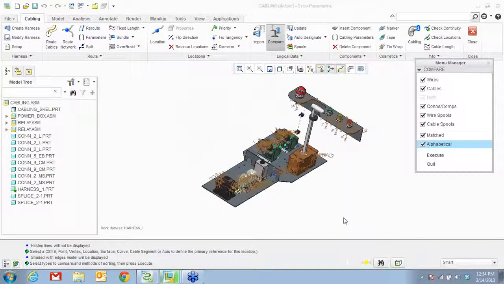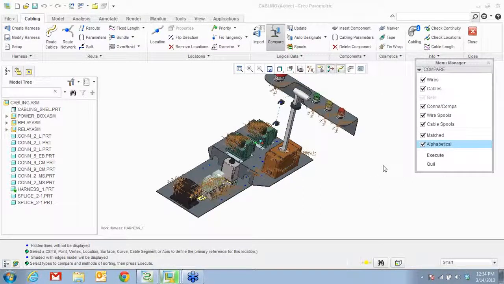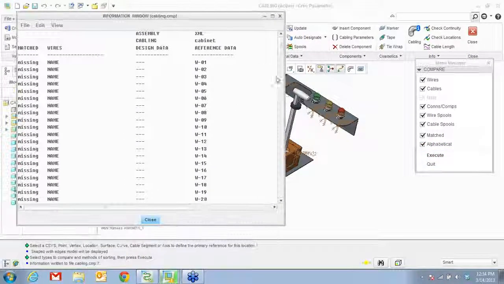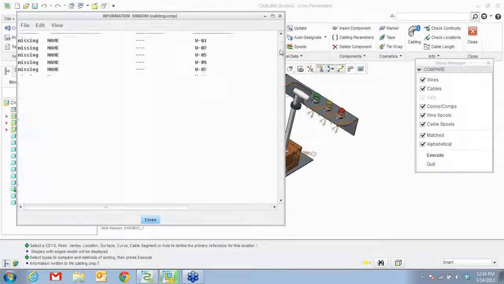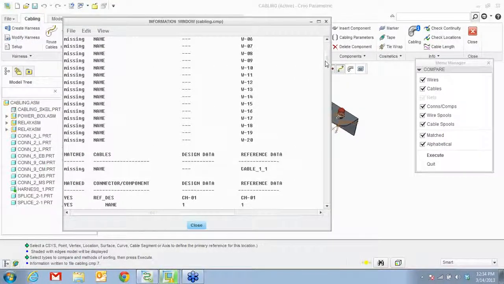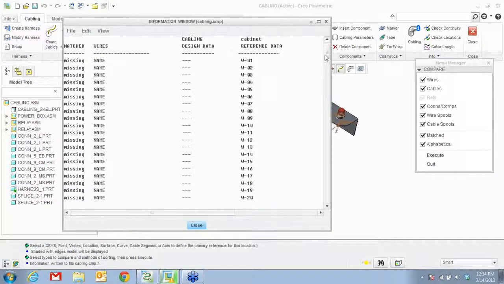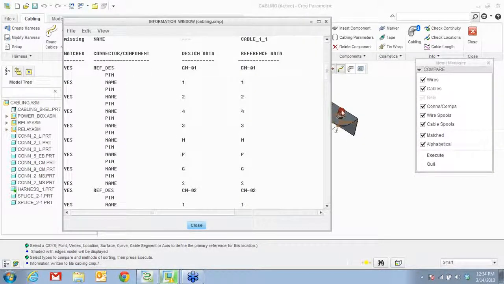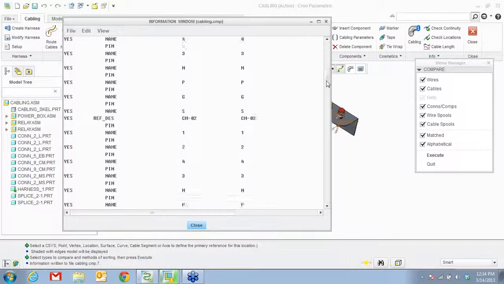Compare what's on the XML file and what's on the assembly. So you see right here, these are the 20 little wires and a cable that are in the XML, but they are missing in the CAD assembly. You see that you have all your connectors automatically matched.